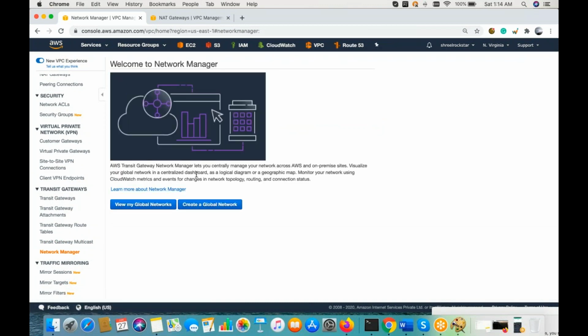Network Manager is again a very good option available, guys. Again, it's part of managed services, where you can manage your on-premises plus AWS network. It will give you a centralized dashboard where, once you configure it, it will ask you to provide a confirmation from the physical data center to the AWS cloud. Whatever network things you have available, all the topology changes, like routing, metrics, events happening, network down, everything you can get the status of on the dashboard. That will be your Network Manager. This is again a very good function built into AWS Transit Gateway.